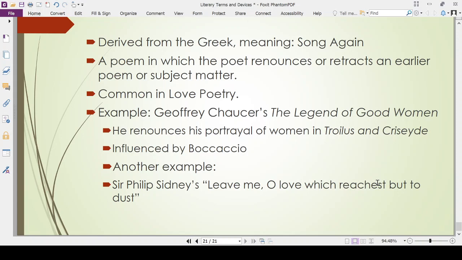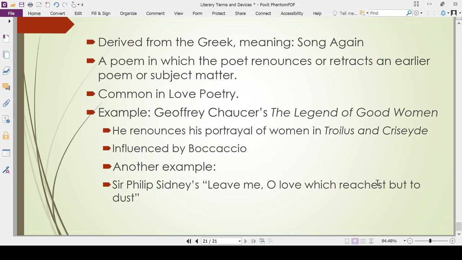Geoffrey Chaucer is, as many critics have confessed and have argued, the father of English poetry and the father of the English language for some people, because it was Chaucer who decided to write in vernacular English. And he was one of the earliest English poets. He has written so many important works, including, for example, the Canterbury Tales, which is one of the fundamental works